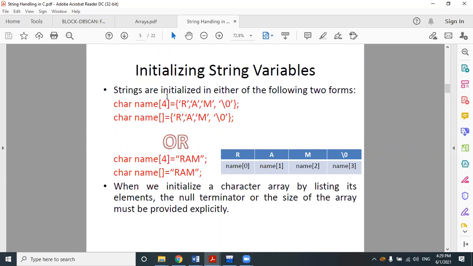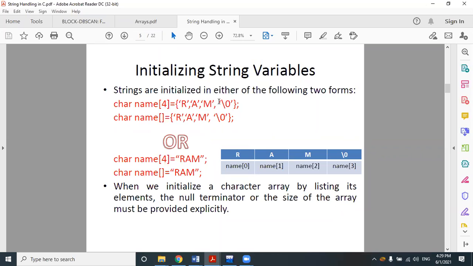Now, one thing you should notice here. I'm going to store the name Ram, but I have provided a size of 4 for the character array name. Why have I used one extra size? Because of storing this \0 character.